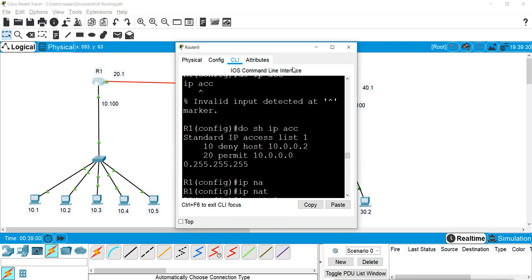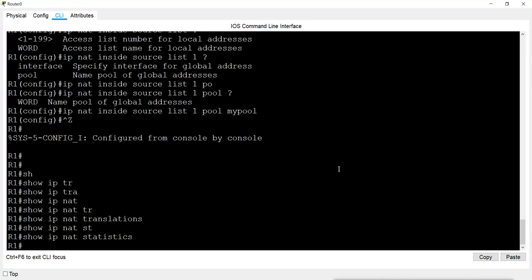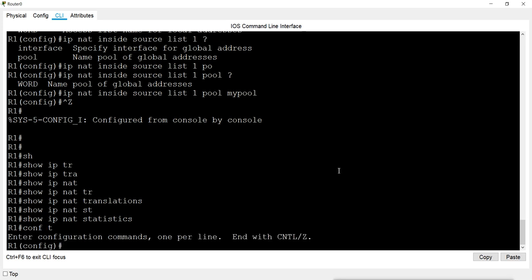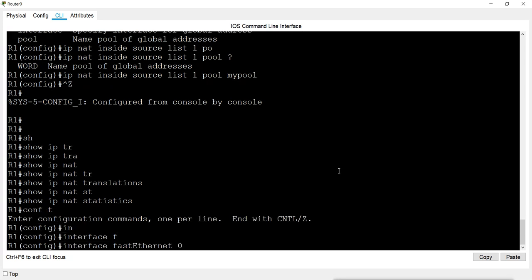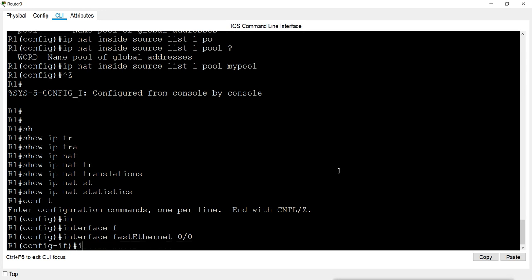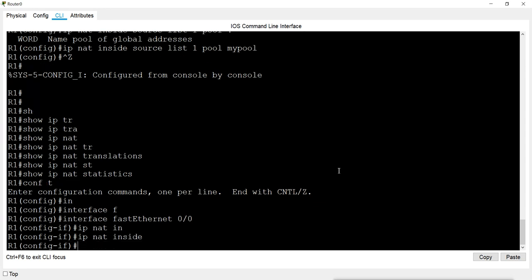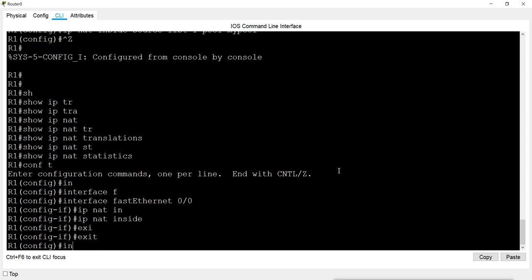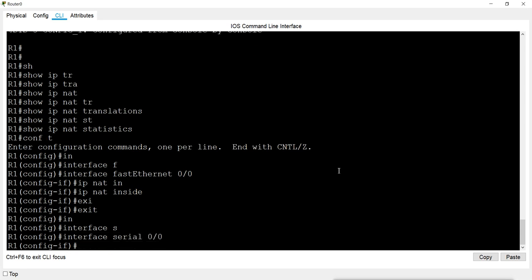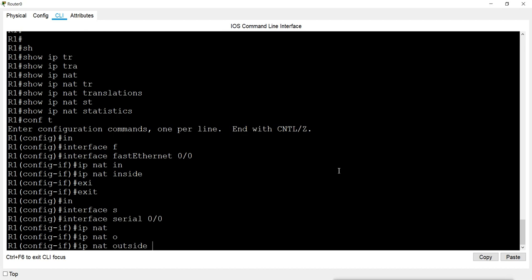We'll go to the router again. Configure terminal, and then I'll go to interface FastEthernet 0/0 and I will say ip nat inside. Then interface serial 0/0, ip nat outside.